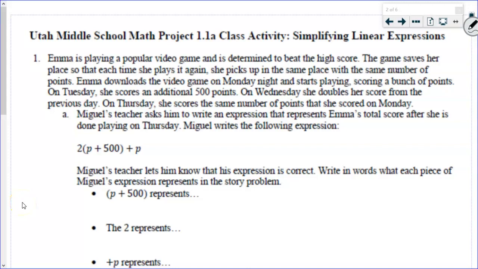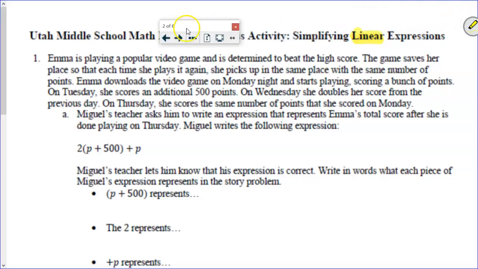This is Utah Middle School Math Project 1.1a, which is on simplifying linear expressions. The first thing that I want to talk about is this word right here, because we have been simplifying expressions. We've done that the last couple days, but this is a new word, simplifying linear expressions. Linear expressions refers to